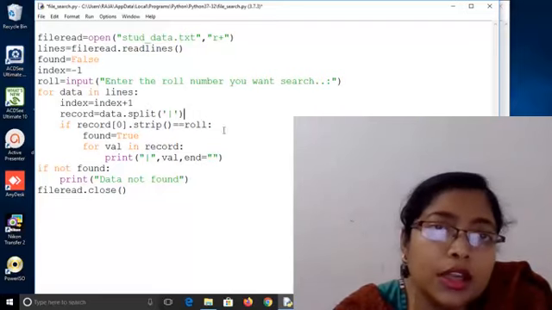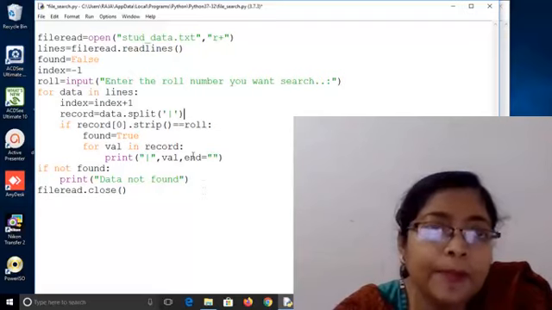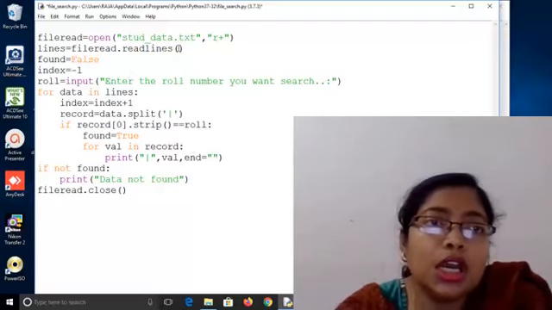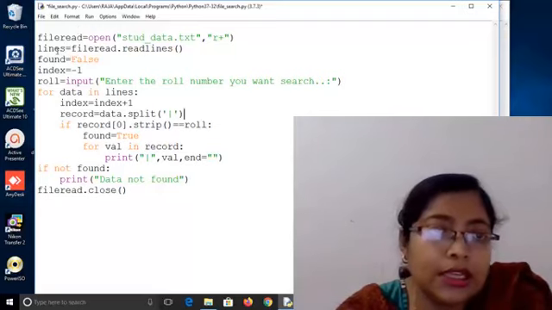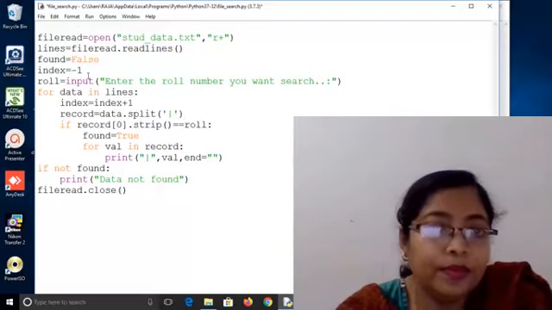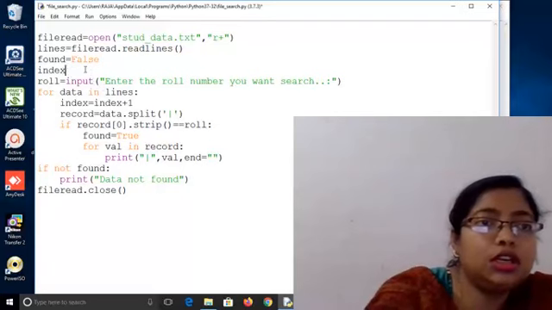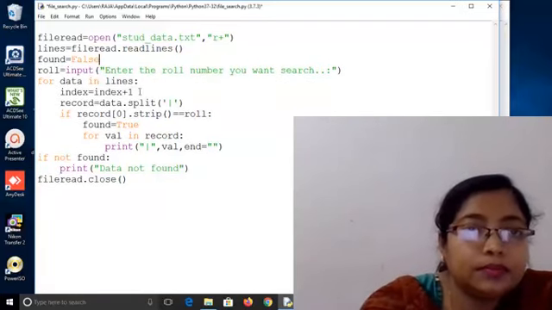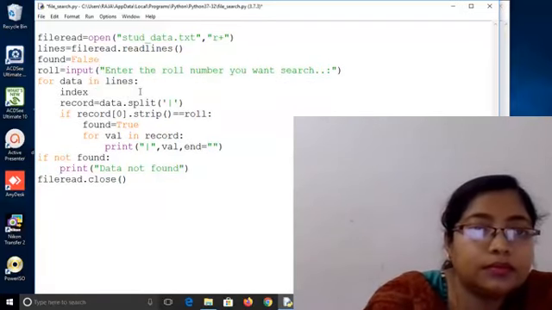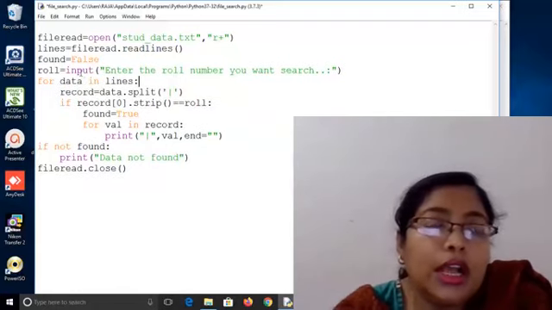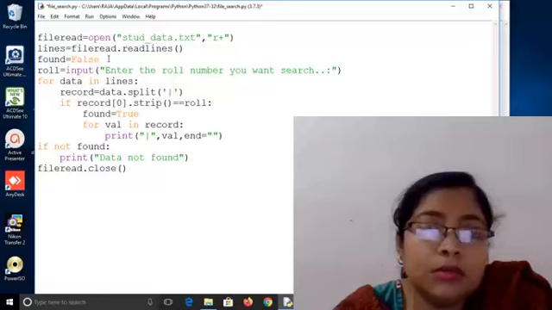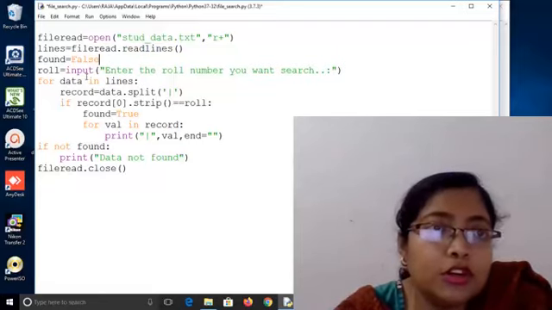So the rest of the program is the same. Initially I am reading all the file to the lines list. Here I don't need the index. And initially found is initialized to false.